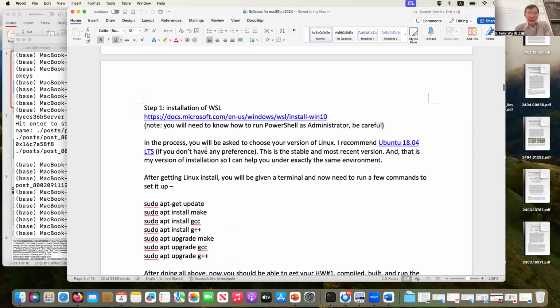From this page, you can see that I talk about installation of WSL. This is only if you have a laptop you intend to use this quarter for ECS 36B that is running the Windows operating system. WSL is an interesting project, but it has some hassle and you need to spend time. Sometimes in my office hour or discussion hour I will help students figure out how to configure it correctly,